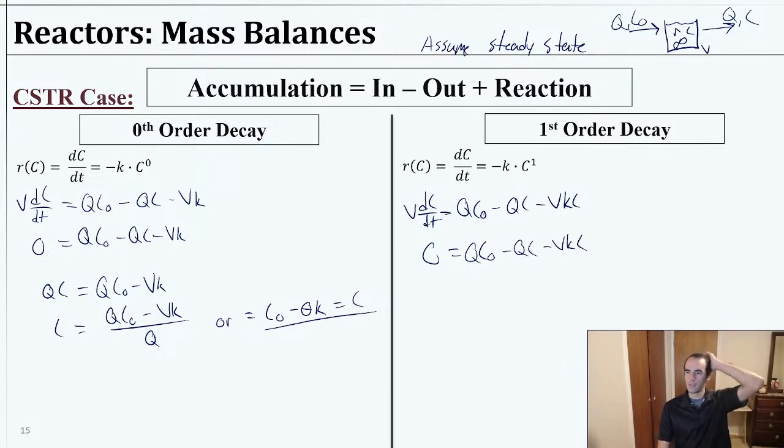Now we have C's in 2 different spots, and up front we have a Q or a V in every term. So I'm actually going to go ahead and divide everything by Q here to just simplify things a bit. So this will be 0 equals C naught minus C minus the V over Q, which is theta,